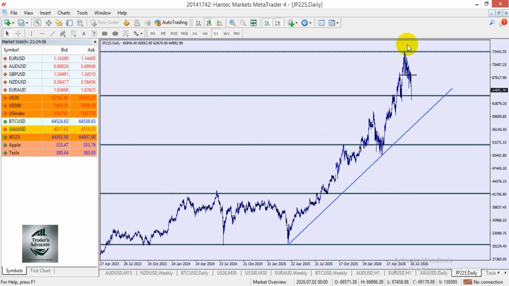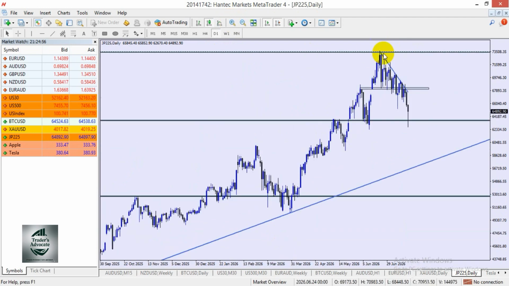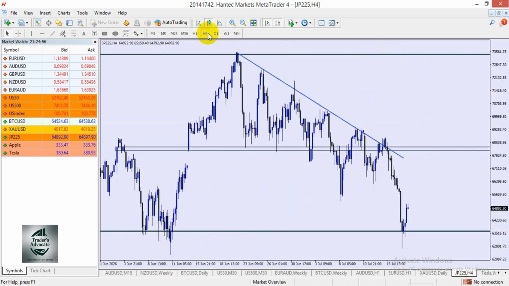So this is a bullish trend, all the way to the upside, and pretty much this market has created an all-time high. Whenever the market achieves a new all-time high, best believe investors will close positions as profits, hence the market will pull back a little bit to the nearest support before actually continuing to the upside. So once price came into this level, which was the all-time high for the Japan 225, I anticipated a move back to the downside. On the daily time frame, you can see